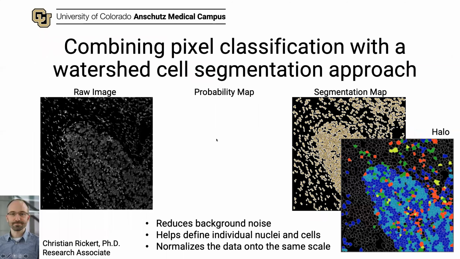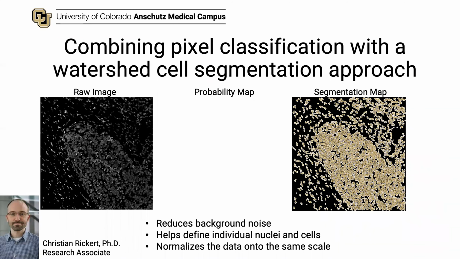Uh-oh, one of my images didn't come in. Great, well, I wanted to show you the generation of the probability map that's generated with the tissue class or the pixel classifier. So if you look at this particular signal here from this image,